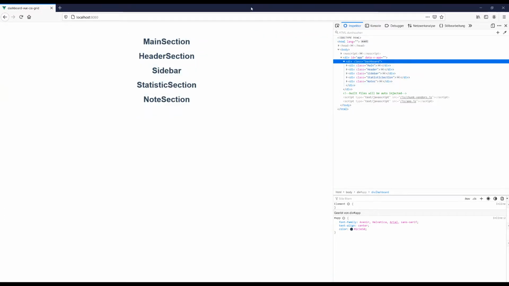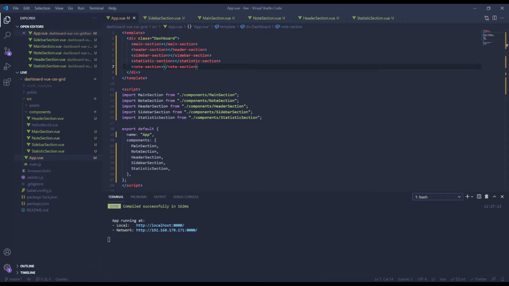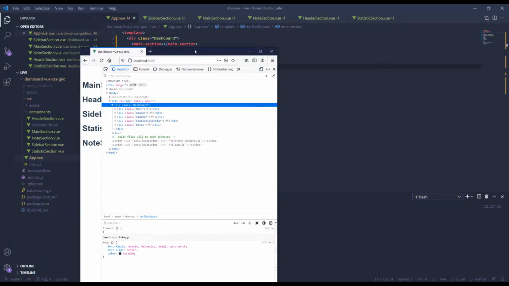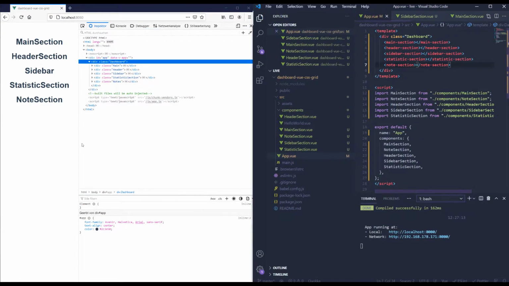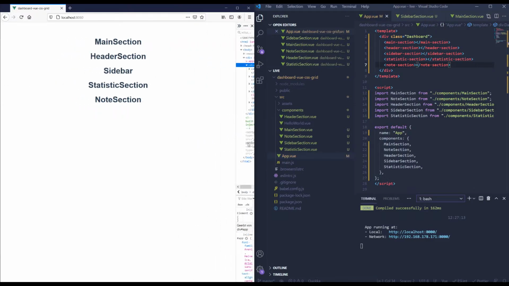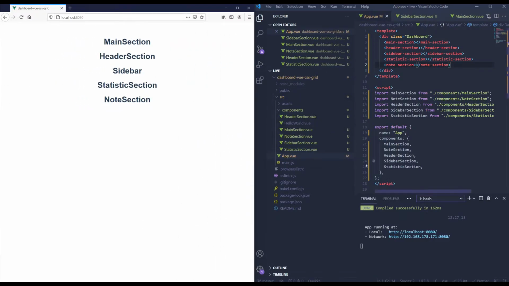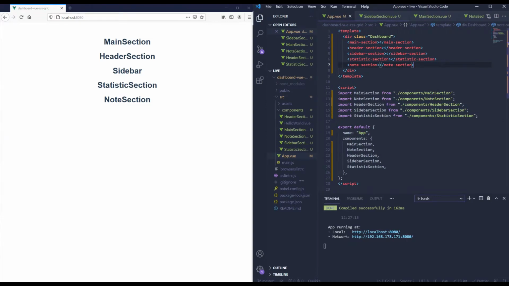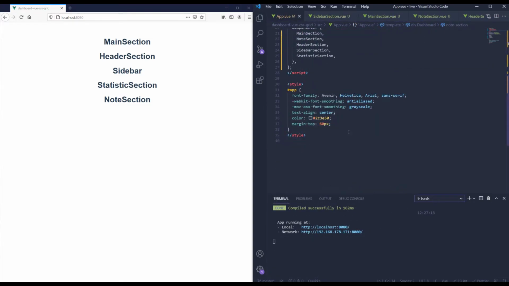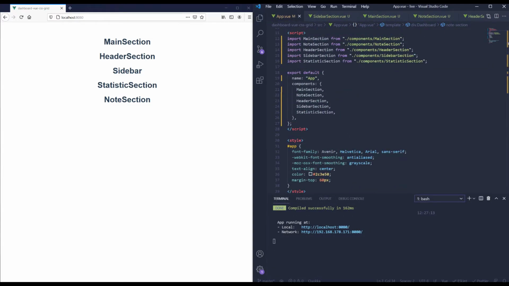So now we start by adding some CSS. Okay, cool. Yeah, so for now I will first of all